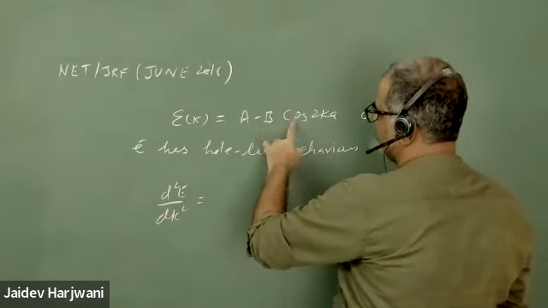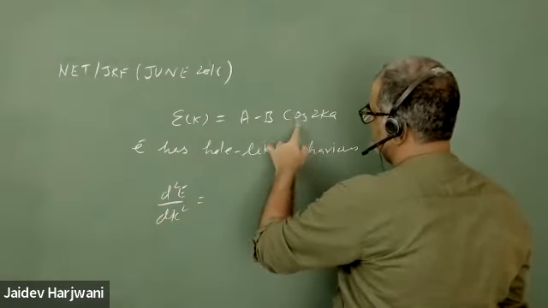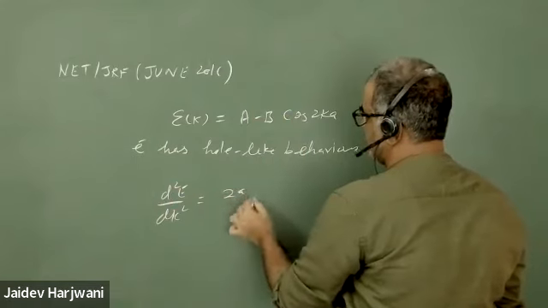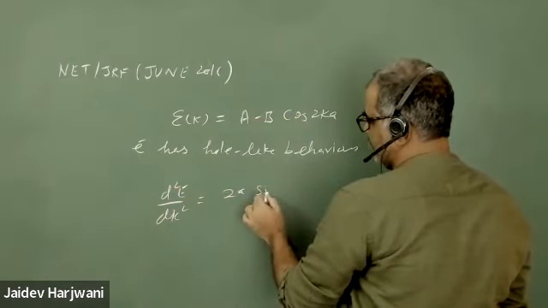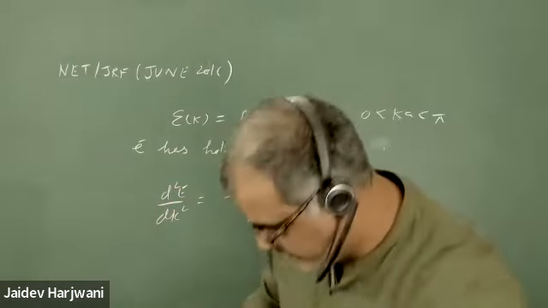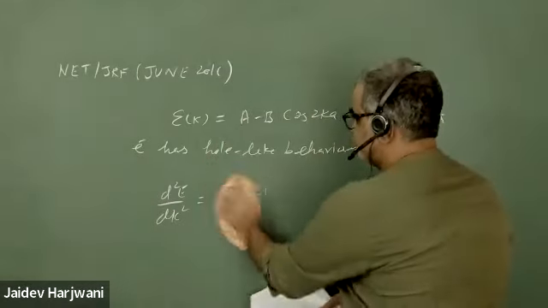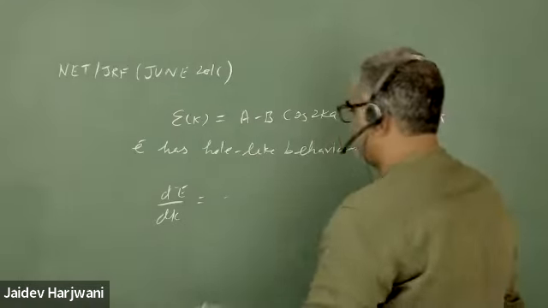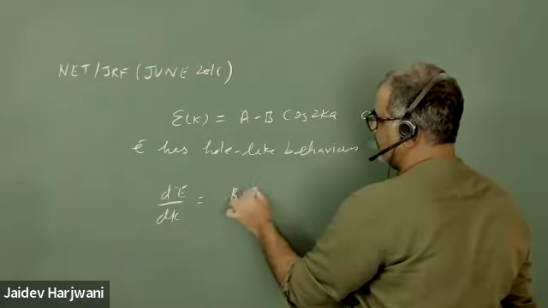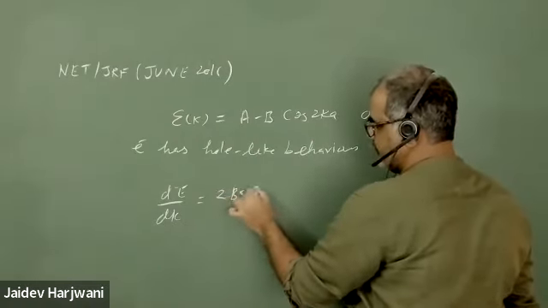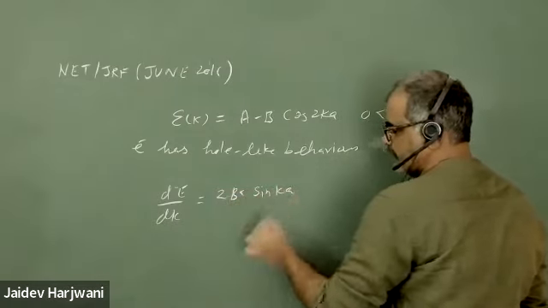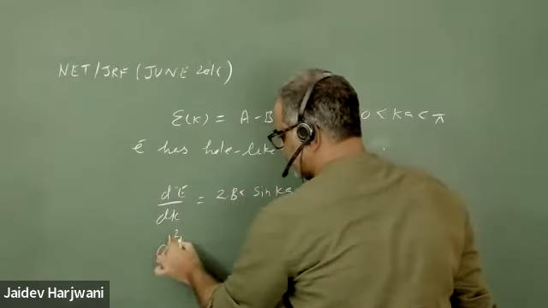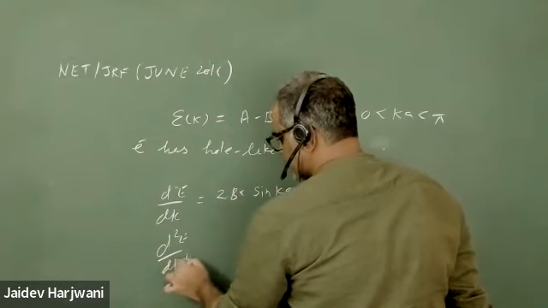Okay, minus B sin. So this becomes 2A sin K. Okay, and again when you do it, what will you get? Let me do it one by one. So dE by dK is your B, 2A sin K. Okay, and d2E upon dK square,